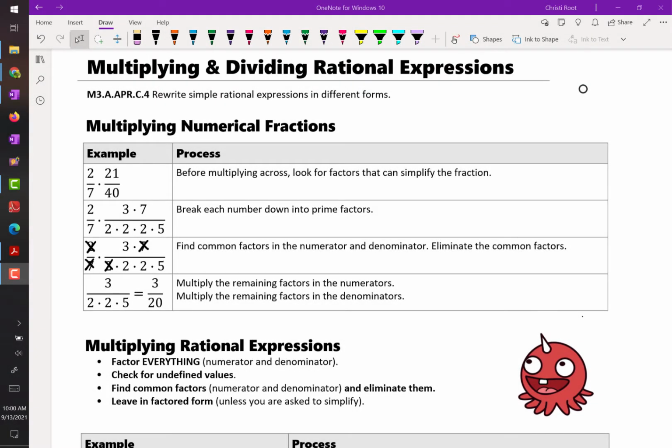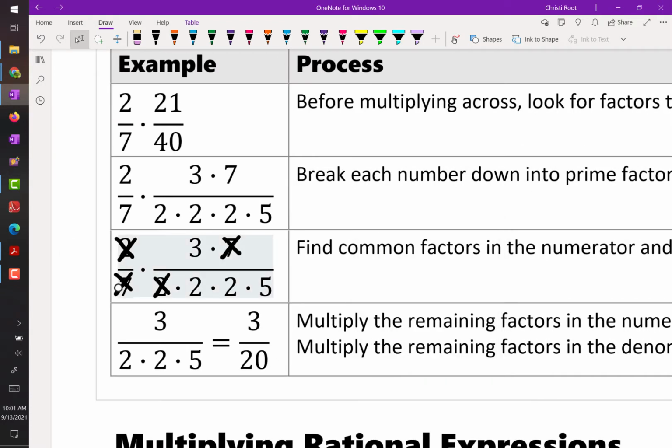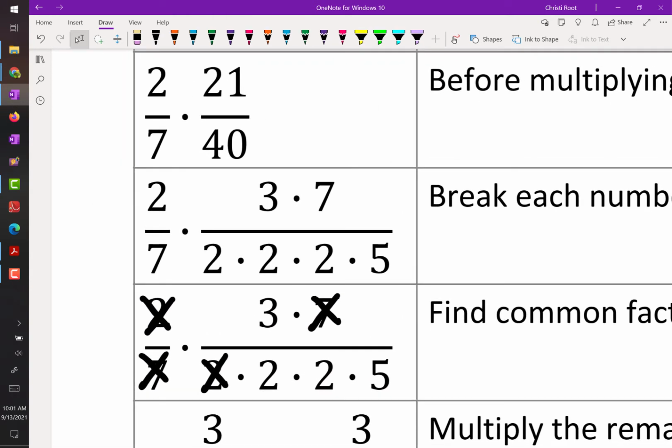Okay, so this lesson today is on multiplying and dividing rational expressions. And I just want you to go over something that you probably did back in 5th grade. You may or may not have broken it down in this manner, but let's start with 2 over 7 times 21 over 40. So most of you are just going to pick up your calculator and type it in, which is totally reasonable, but we can't do that